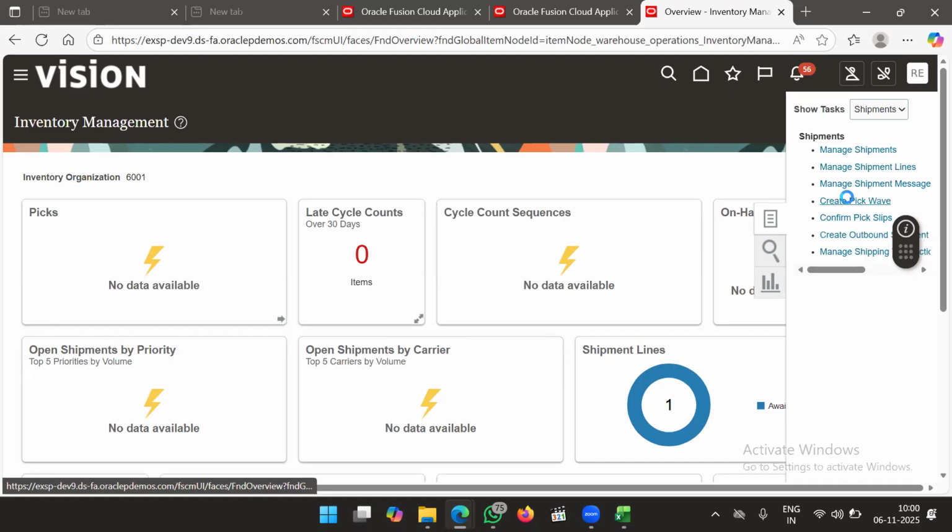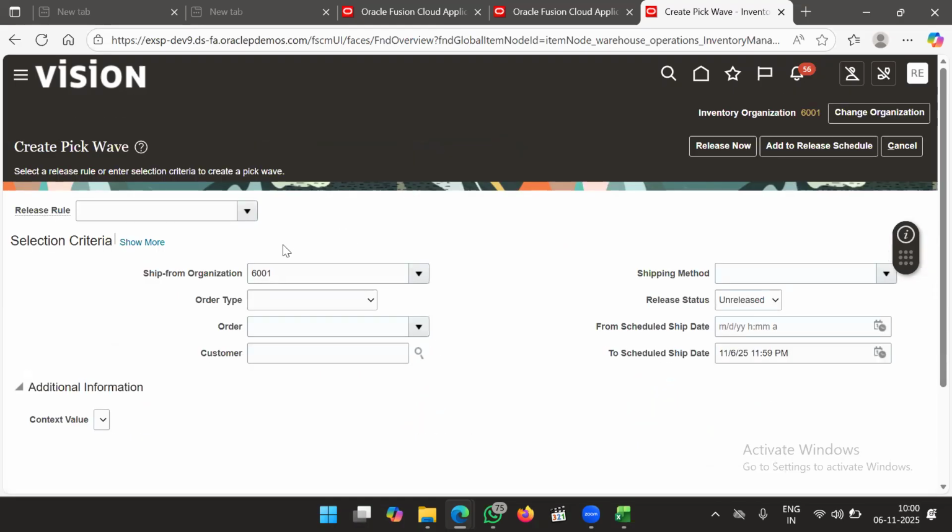Manage, create, pick wave. I told you, right? For picking the material, you have to choose the pick wave mode. So which